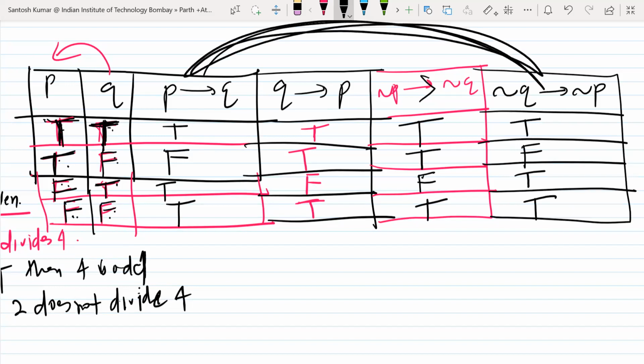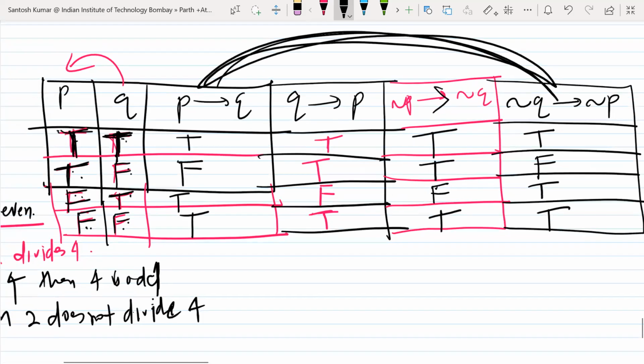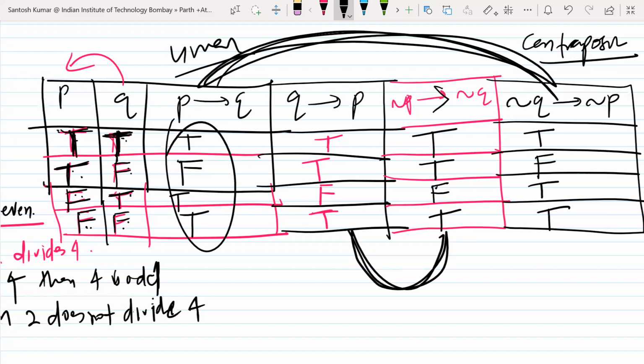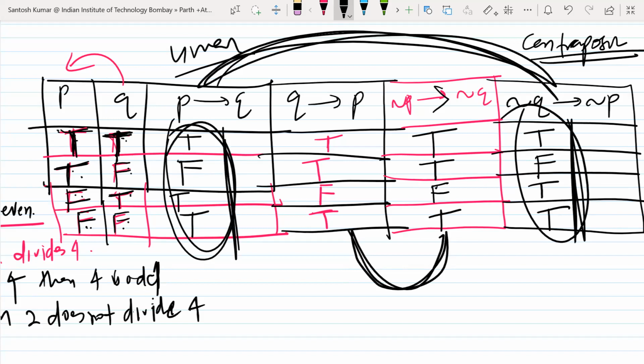You consider this given statement and its contrapositive. You see these two. So what do you notice? The given statement is equivalent to the contrapositive statement. Why equivalent? Because you know in mathematical logic, if two statements have same truth table or same truth value, they are equivalent. So in all the situations, you notice that the truth values for given statement P implies Q and for contrapositive statement not Q implies not P are the same, right? True, false, true, true, true, false, true, true. So both are equivalent.